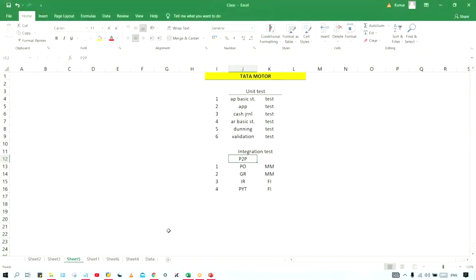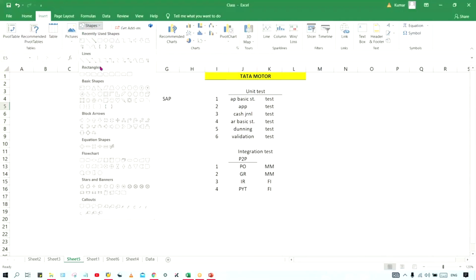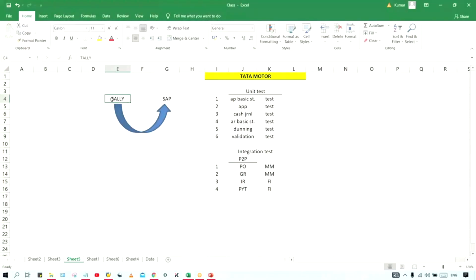Data migration means generally, I think in the previous session I told you guys, we are having legacy system. Legacy system means the ERP which is being used, right? And then SAP system is going to be implemented. So generally what happened, guys, now there are multiple reports required where we need to have some previous data, right? So in that case, client will say, of course, the previous data are required. So whatever the previous data are there in the legacy system, that must be migrated from here to here. So that is called data migration, right? So whatever this data migration activity is there, that is called cut over activity.